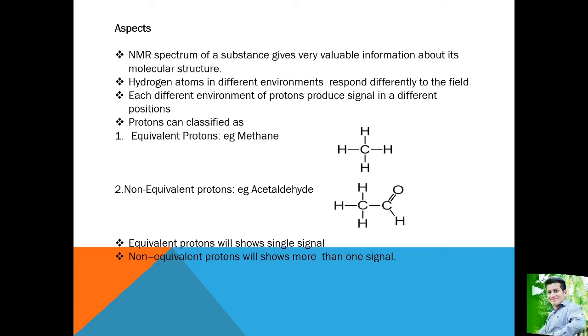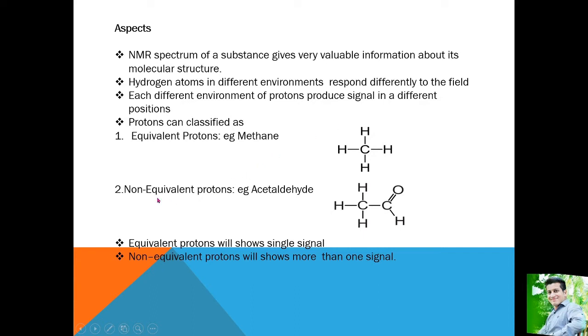Due to the adjacent environment, each hydrogen on a different carbon gives a different value in a different compound. So here we can see this CH4 and this CH3 in acetaldehyde give different signals. The equivalent protons are these four hydrogens. These four hydrogens give only one signal due to symmetry. So it has C1 and C2 axis symmetry.